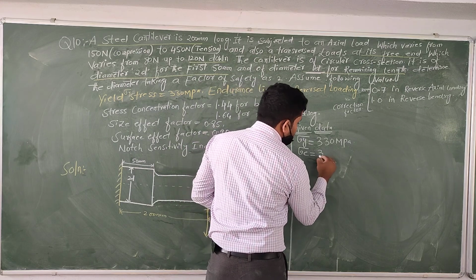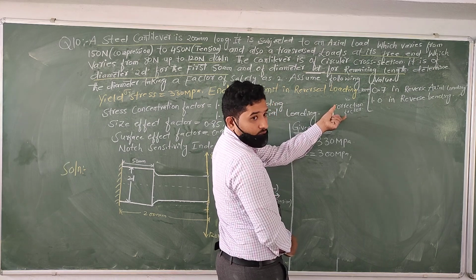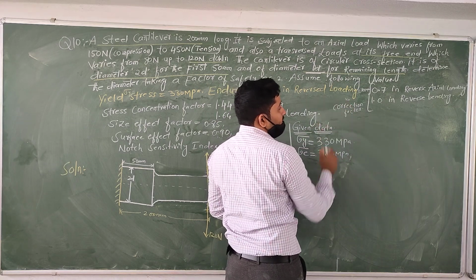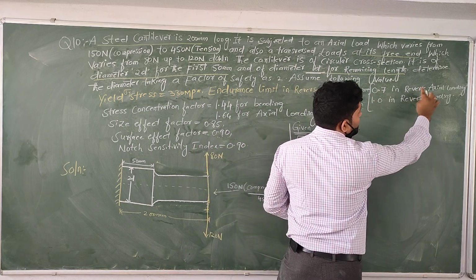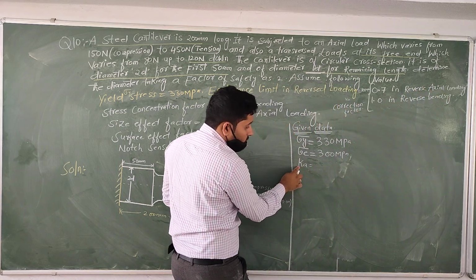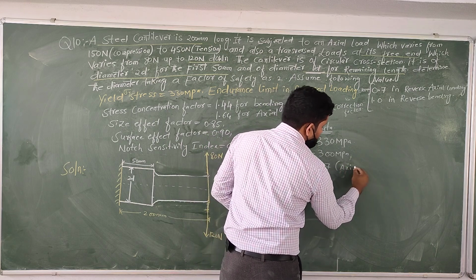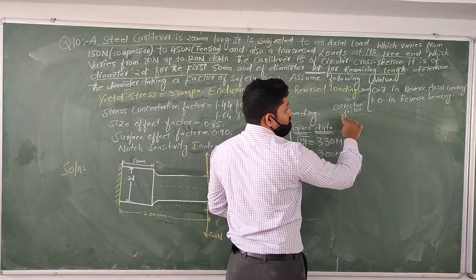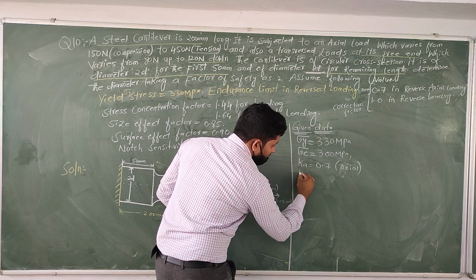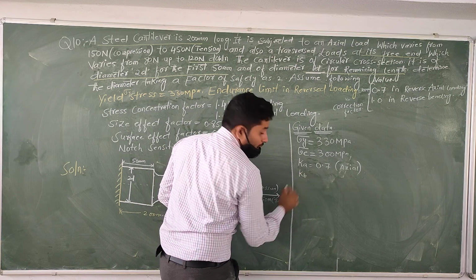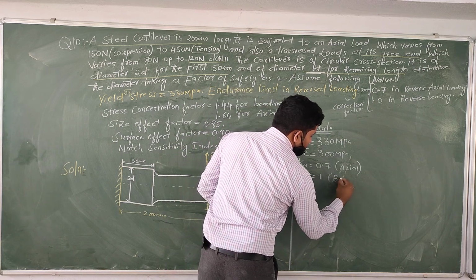So that's what I have to represent, 300 megapascal, and this is the value of correction factor. The correction factor is represented by Ka. Is it right? 0.7 in the reverse axial loading. For the axial loading we have to use the Ka. How much? 0.7 for the axial, as well as the correction factor 1.0 in the reverse bending. So we can represent the correction factor for the reverse bending by Kb equal to 1 for the reverse bending.